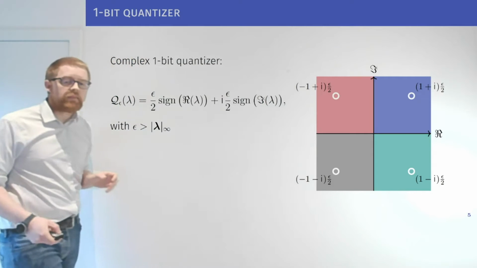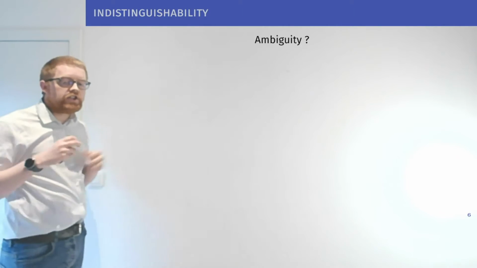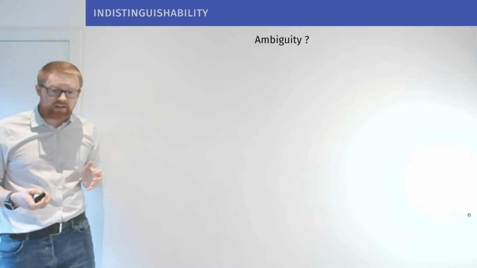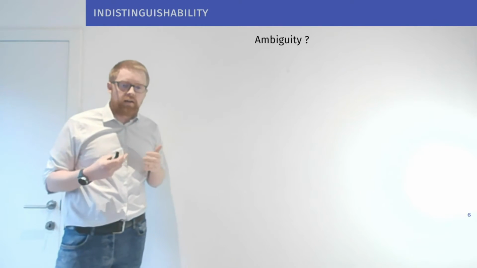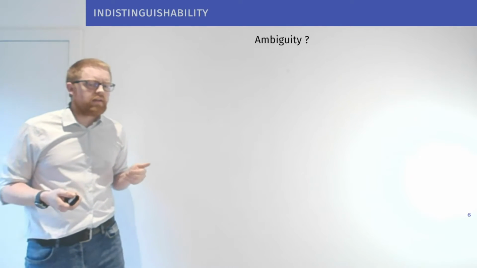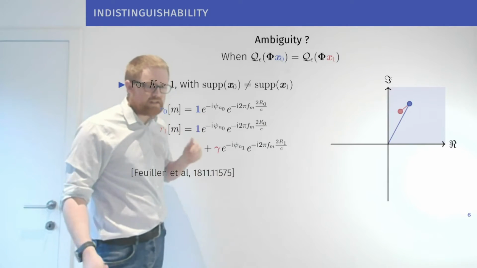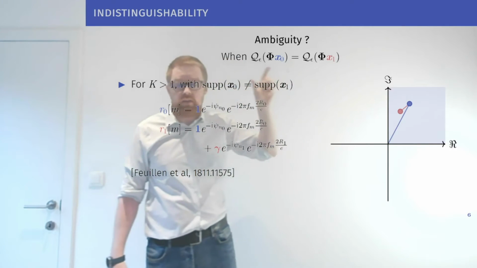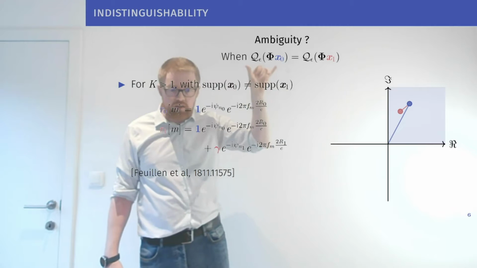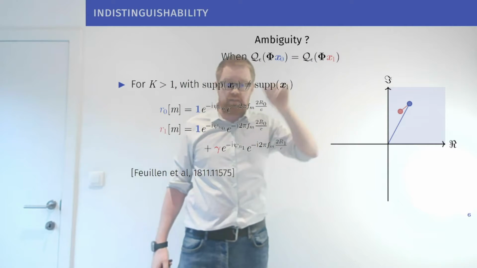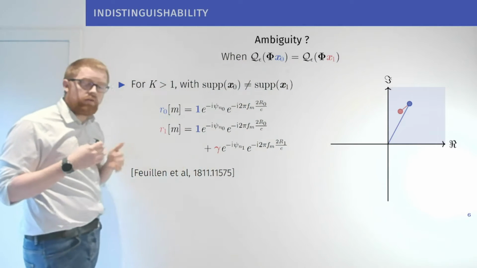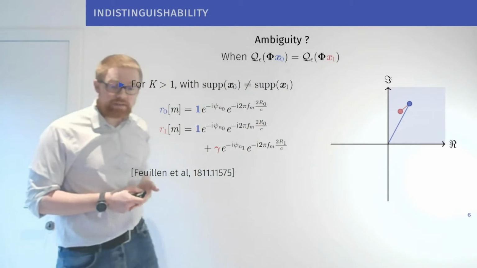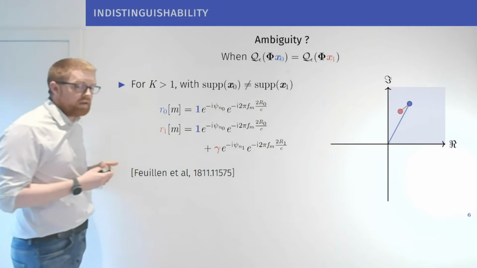But given this really sharp loss of resolution and information, you can ask yourself, are there going to be scenarios where the measurements that you get are a bit ambiguous? What I mean by that is cases where you have, for example, two different sparse vectors that, once projected and then quantized, give you exactly the same bits. So when you get a measurement, you don't know if what you're seeing is actually this one or that one. And this, in the context of the Fourier transform, can happen quite easily.